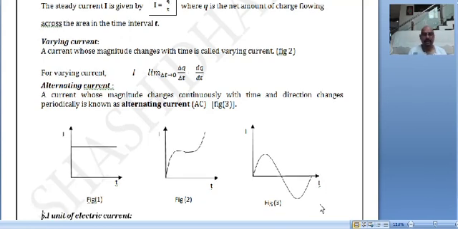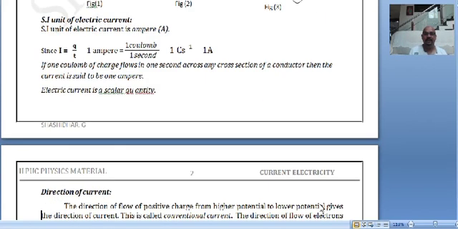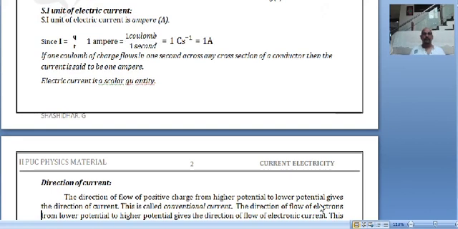So later, next one, SI unit of electric current. Observe this. You know that the SI unit of current is ampere. When you write the entire unit, you have to write ampere starting with a small letter, all small letters. If you are representing it symbolically, you have to write capital A, that is the SI unit of current. So how to define the SI unit of current? We know generally the equation I is equal to Q by T.